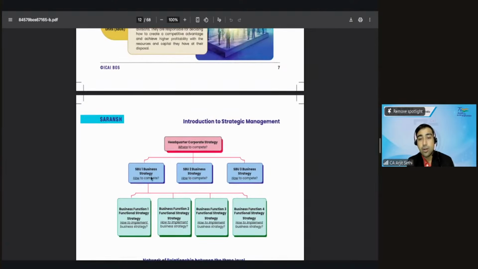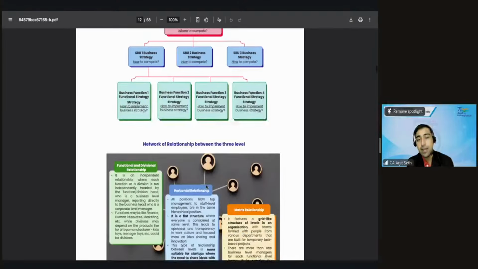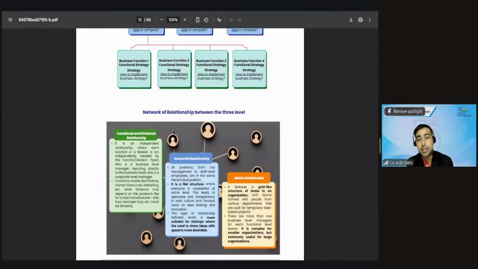Then corporate SBUs, you have different levels, all of this mostly covered in chapter 4, touch point in chapter 1. Okay. Then you have the functional and divisional relationship, the horizontal relationship between different functions. Marketing talks to finance, finance talks to procurement, all of that. And then you have matrix structure, a grid like structure where everybody talks to everybody because communication is the key